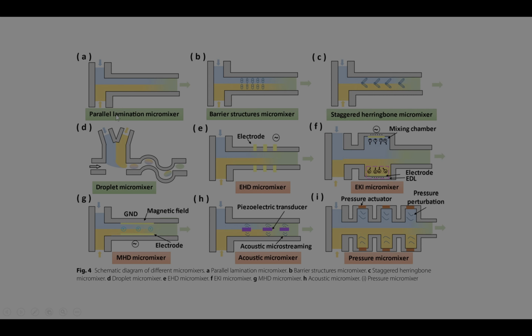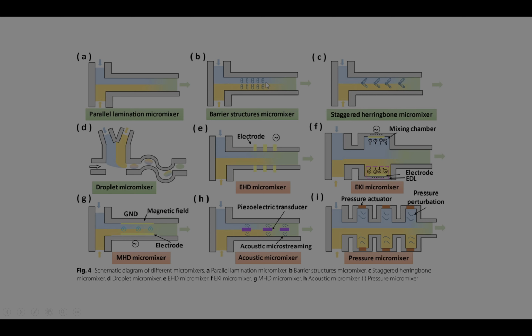The first one is showing a parallel laminar micromixer. So here it's like pumping the fluid inside the microfluidic device and it will generate the microgradient fluid. So it will work on that principle. Another one is the barrier structure micromixer, where small barriers will be there in the middle. So the fluid will block and mix with each other, and hence that's how this fluid will flow